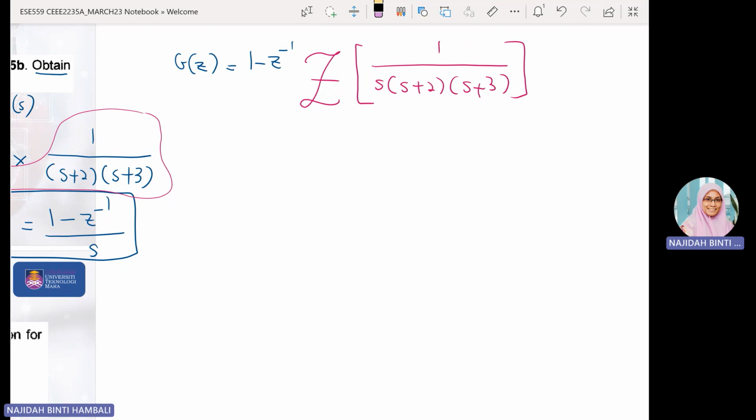This one, if before this you did the Z transform, it was from a sequence signal f(kT) to F(z), and you used the equation. This one, you cannot use the equation. You start directly with partial fraction. So it becomes